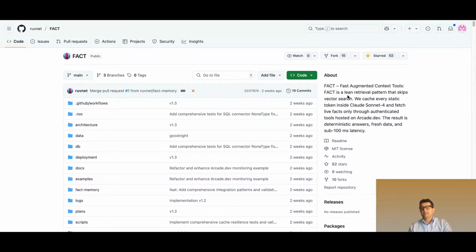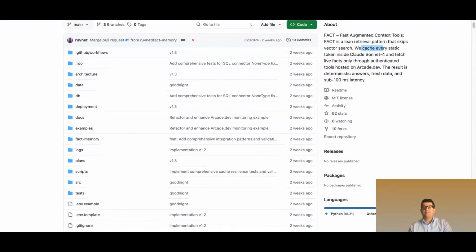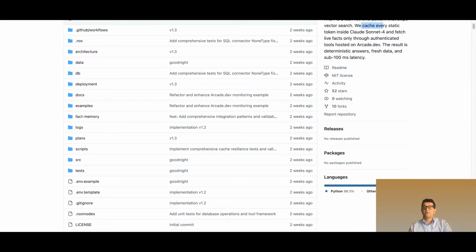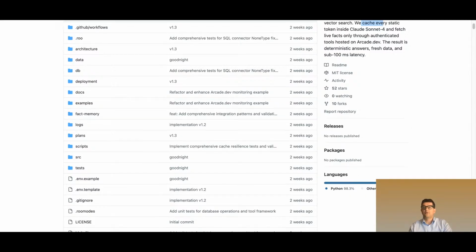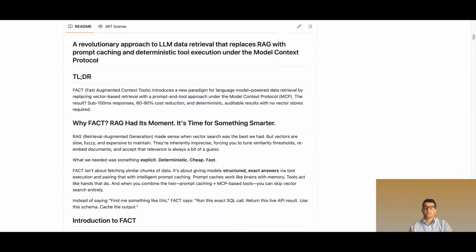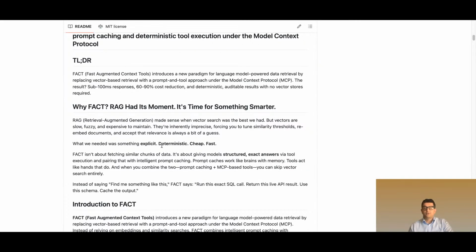Now, this is supposed to be an improved version of it, based on a caching system and using Claude Sonnet 4. It's meant to capture information that is fast changing, which is a bit of a drawback for traditional RAG, or retrieval augmented generation processes. Just to explain it very quickly here,